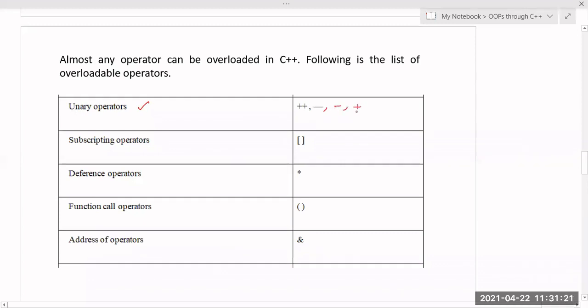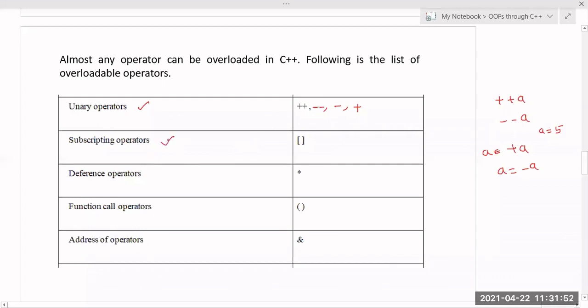Next, unary plus. Unary plus is just if you want to represent a positive number. And this is your plus plus, minus minus, that is nothing but the increment operator and decrement operator. These are all called unary operators, because I can use them with a single variable only. Like if I say plus a, then what is the meaning? a equal to plus a means it is a positive number. a equal to minus a means whatever the value that is there in a, that will be negated. That is called unary minus and unary plus. All these are unary operators.